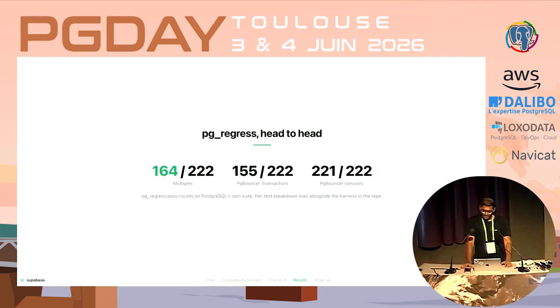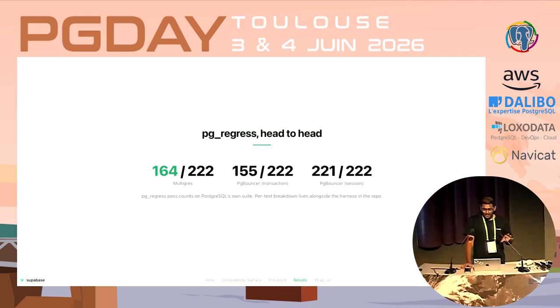The one test which fails really counts the number of logins, and if you have a pooler on top of Postgres, the number of logins differ, and that is the one test which fails even in session mode, but that's fine. So let's unpack what the modes really mean. Session mode passes almost everything, but that's precisely because in session mode, PgBouncer pins one client to one backend for the entire session and barely pools at all. It inherits all the Postgres behavior because it is hardly doing anything in between.